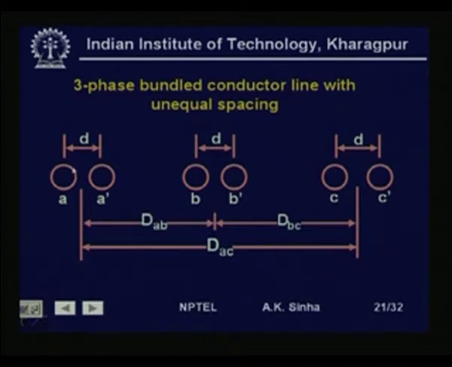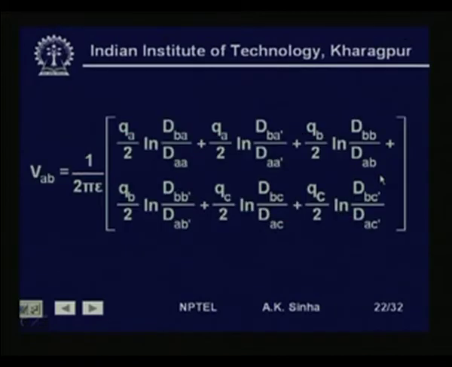Similarly, each subconductor of B will have charge q_B by 2, because all of them are of the same kind and same radius. C will have charge q_C by 2 on each of its subconductors. So, in order to find V_AB, again what we need to do is find the voltage between A and B